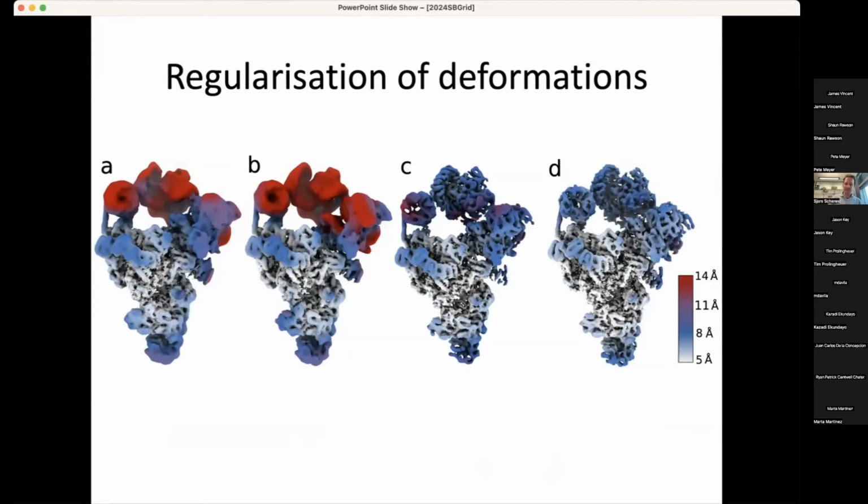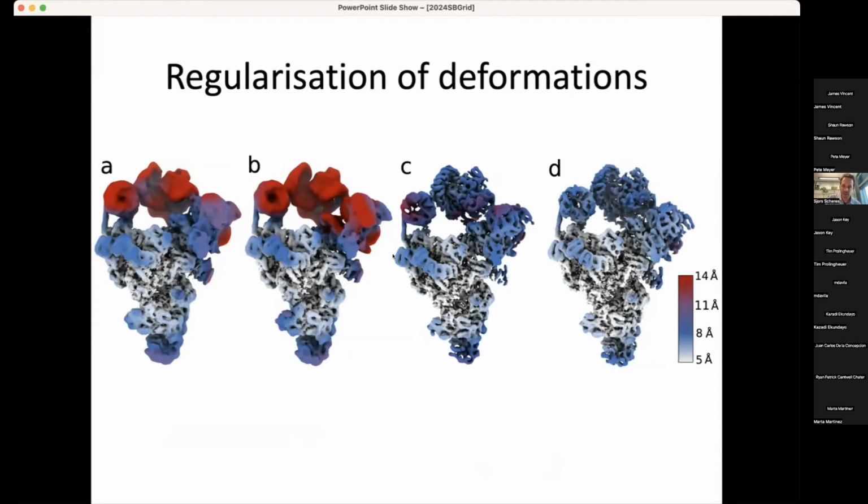So again, this is the same spliceosome as I've shown you before for the Blush data set. This is just to show what the different types of regularizations do. In panel A is a standard consensus refinement in RELION, without multibody or Blush or whatever, colored by local resolution. You can see that the moving parts, some at the bottom here, but especially here at the top, have relatively low local resolutions.